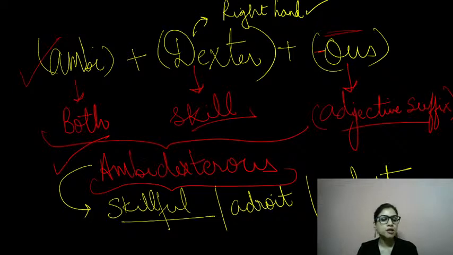Ambidextrous is a person who can use both his hands equally well. That's what comes typically if you talk about the word roots. If you go by the literal meaning, this is what it comes up as. But the point is, here we are not just referring to the literal meaning, we are basically referring to something which is beyond the literal meaning, that is somebody who is very skillful. तो उतना अडेप्ट होगा कि उसका लेफ्ट हैंड भी उतना ही काम कर रहा है जितना कि राइट हैंड करेगा. That is when we say that the person is ambidextrous, right?